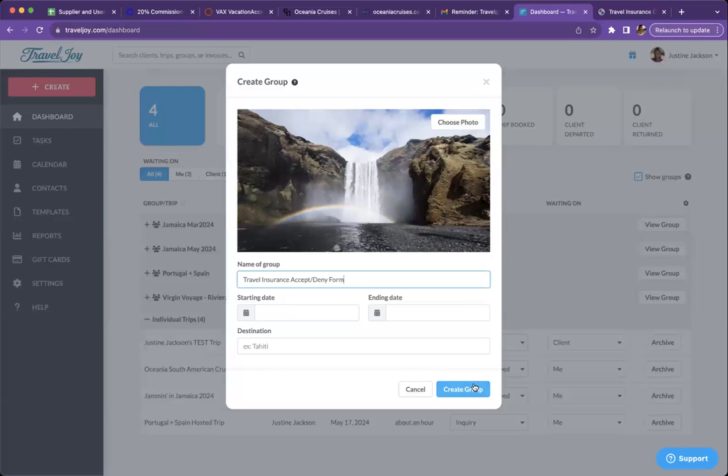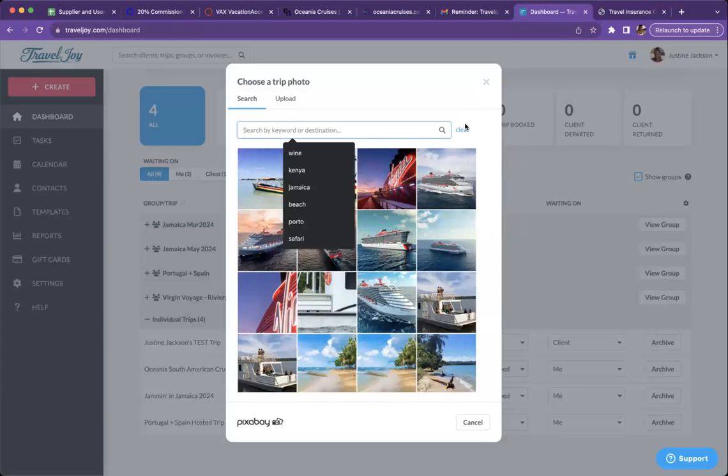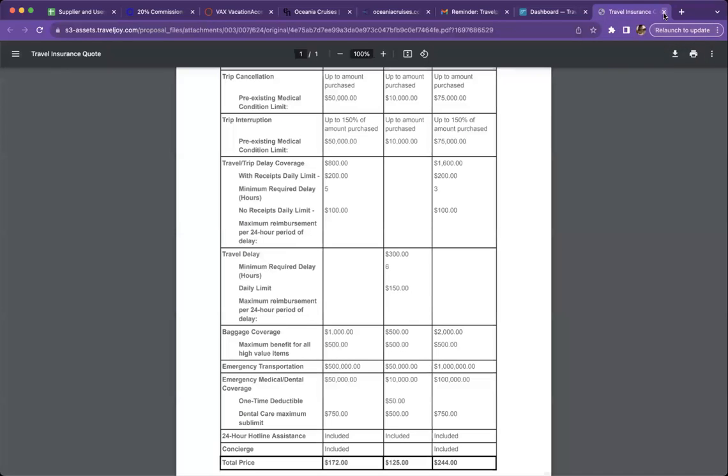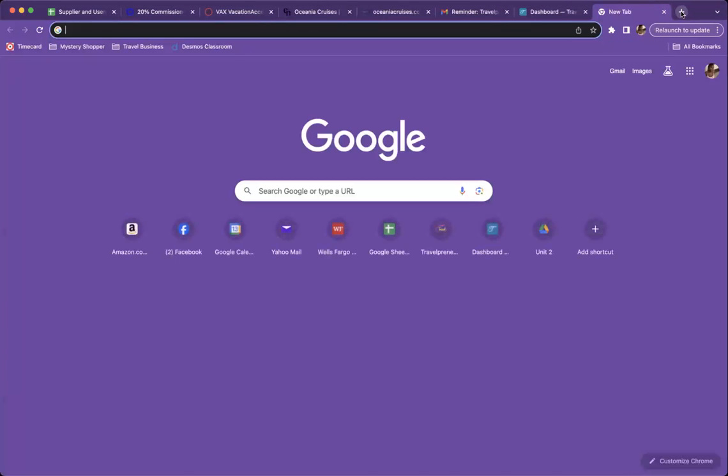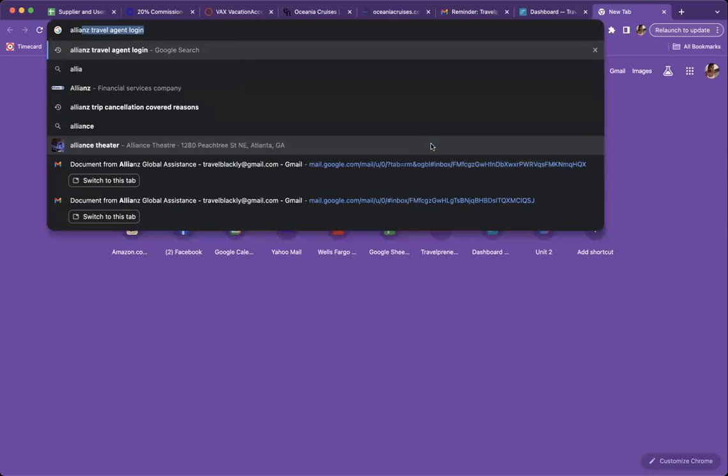Then we're going to change the picture. Go in a different tab, go to Google. We're not supposed to do this; once we get an Allianz picture that says travel insurance, we're going to use it. But for right now, type travel insurance,